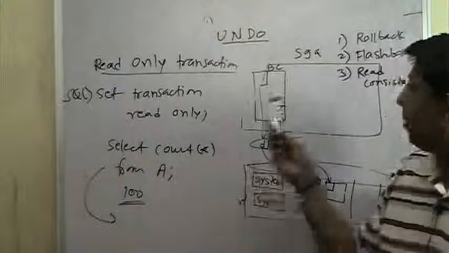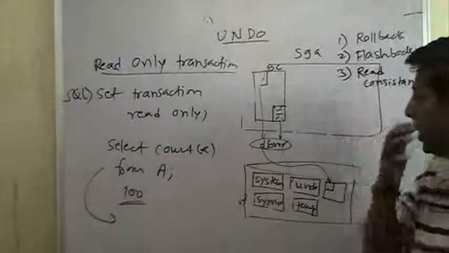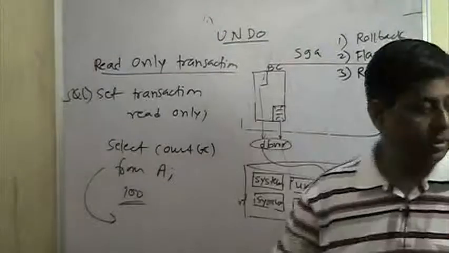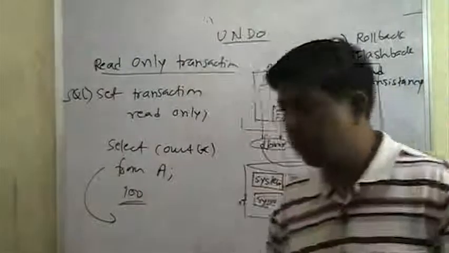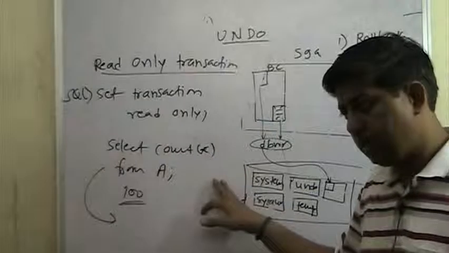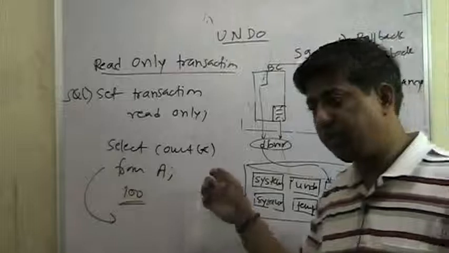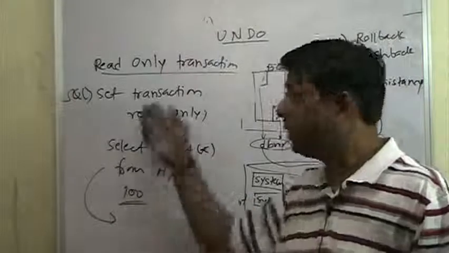So therefore, I always say undo, there is no guarantee for undo. All those things are there, the great things, but there is no guarantee if the expired things are overwritten. Question: if this set transaction read only command is after that, it is only session specific. When will this finish? When the transaction finishes.